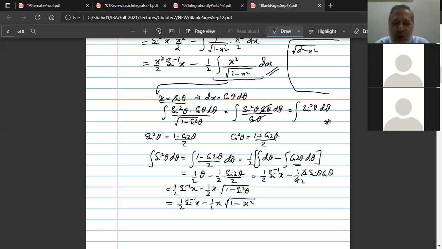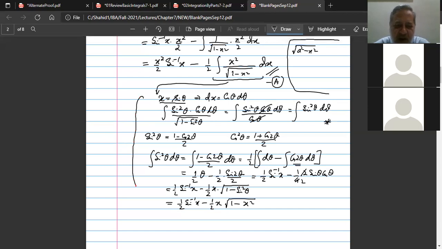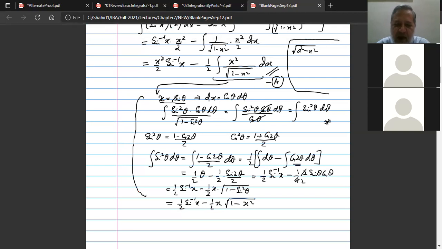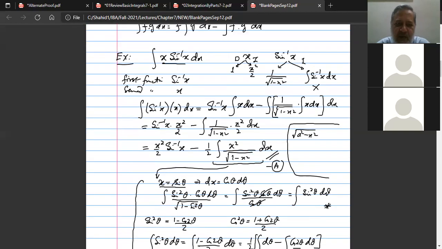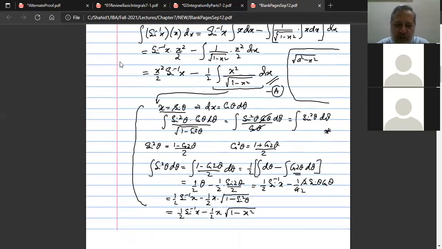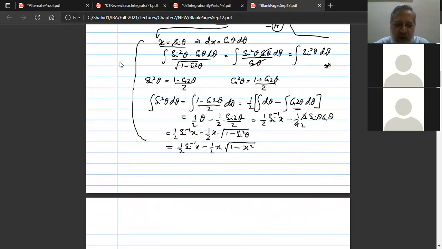So we have ultimately got the result for this. So this was our intermediate result. इस पूरे इंटीग्रल को सॉल्व करने के लिए हमें ये सारी कहानी करनी पड़ी. हमारा ओरिजिनल इंटीग्रल क्या था? Original integral was x sin inverse x. So result of x sin inverse x dx of